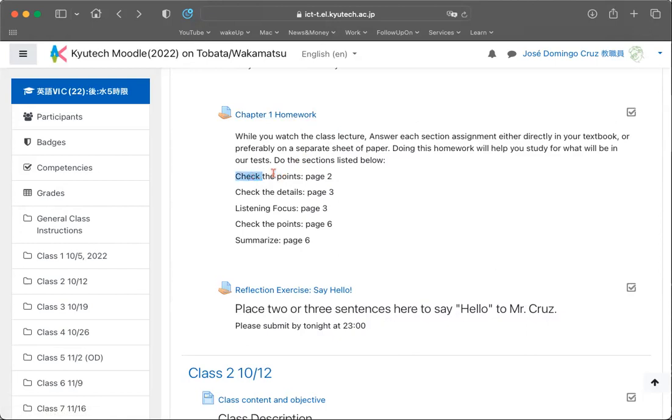And each section, one is called check the points, check the details, listening focus, check the points again, and summarize are the sections that I want you to do. And here's each page. There's page 2, page 3. Do the exercise according to the instructions, and then